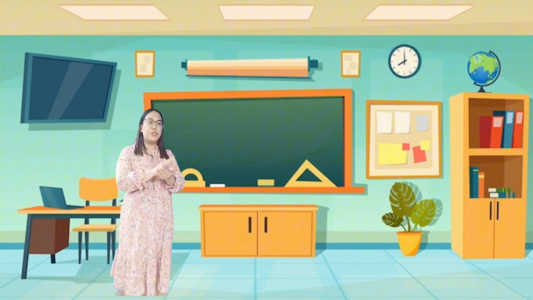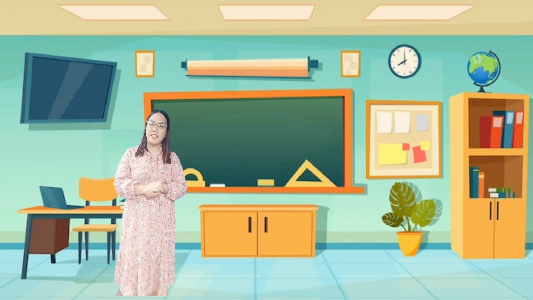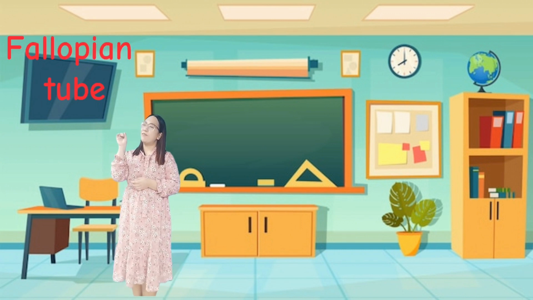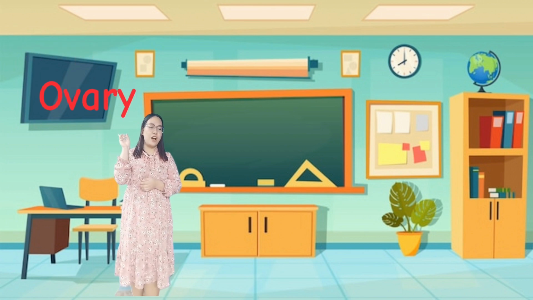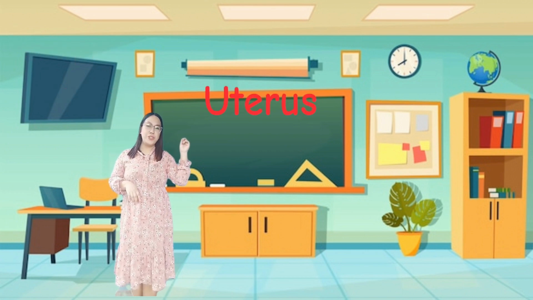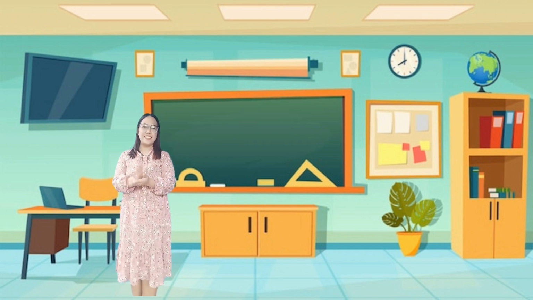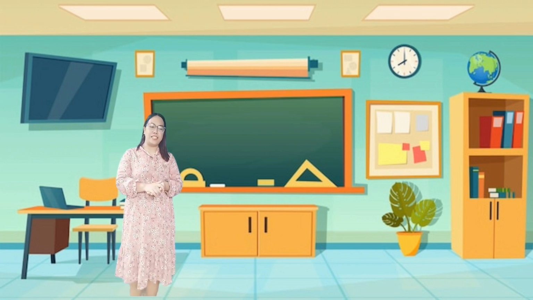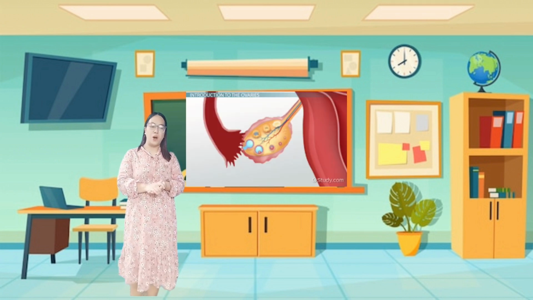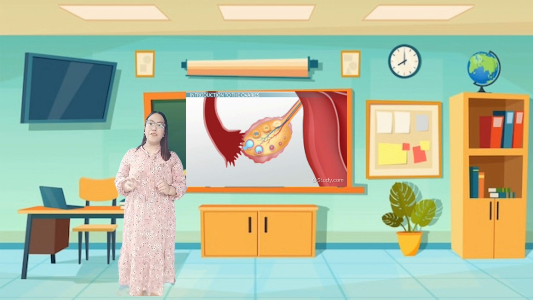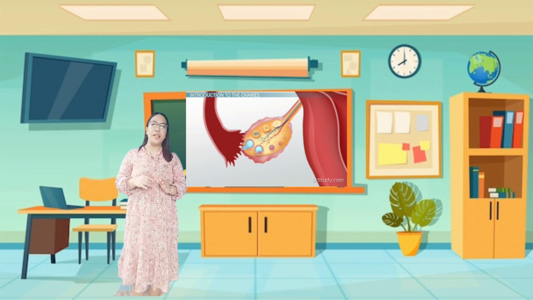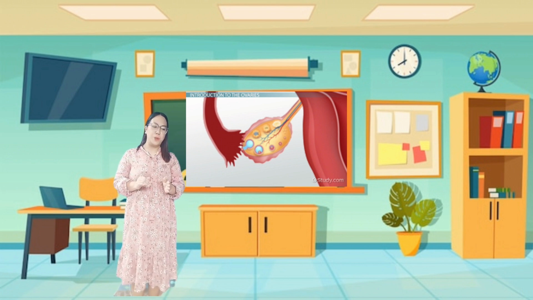So we're going now to the parts and functions of the female reproductive system. One is the fallopian tube, two is the ovary, three is the uterus, four is the cervix, and five is the vagina. First, I'll be discussing the ovaries. The ovaries, also known as female gonads, produce eggs, also called ova. Every female is born with a lifetime supply of egg cells, and the ovaries also produce estrogen and